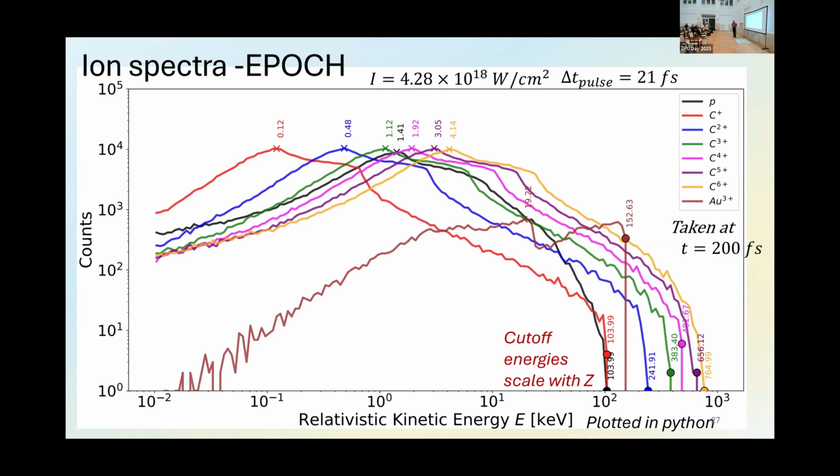So here is an energy spectrum coming from a simulation for 10^18 watts per square centimeter, a short pulse duration of 10 to 21 femtoseconds. And we're getting ion energies around 100 kiloelectron volts. For fusion reactions, we'd like to get slightly higher energies. So we still need to tune the experiment a little bit more, but that's why we're studying the theoretical behavior